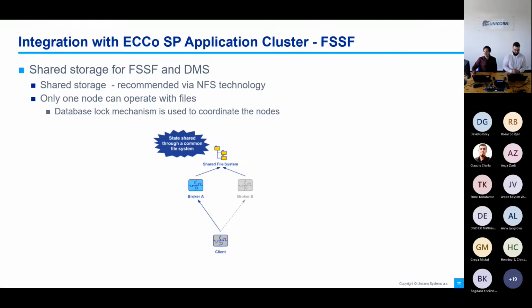Next way, the easiest one, is the integration via the FSSF channel. So this is shared storage. As I mentioned, the recommended technology is NFS. And you need to install the NFS server, which is then mounted to all the clients from the node. And then the publication or download of the file is made via this NFS server. So if you publish a file, then you simply insert the file to this file system folder, and it will be automatically processed